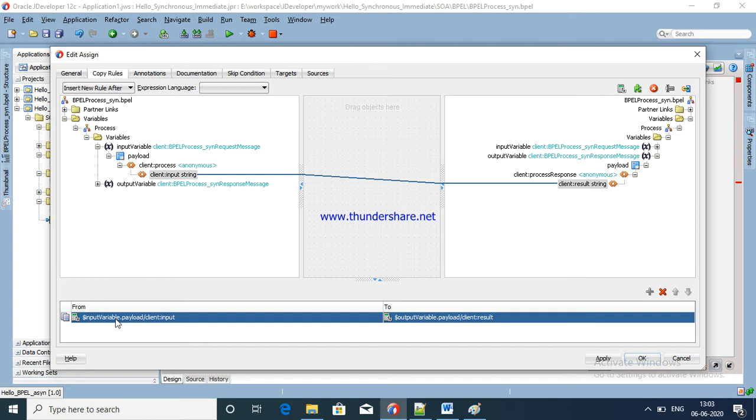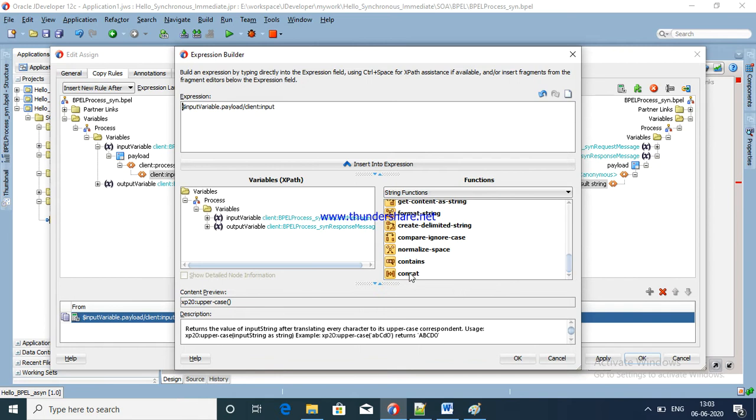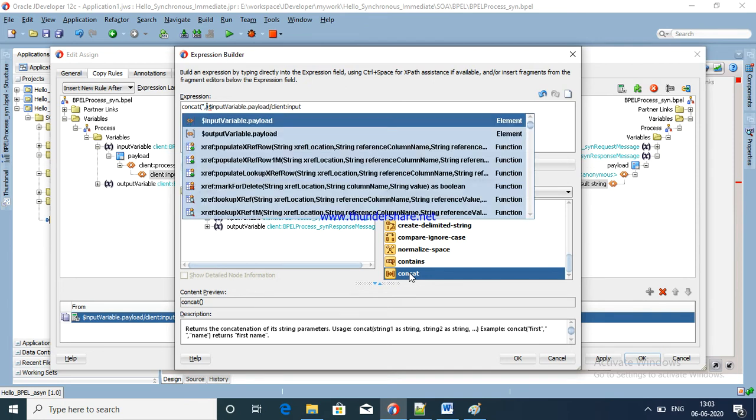Just I am going to use the concat function here. Okay, just choose, drag down concat, here it shows concat. Okay, what I am going to give, double single quotes.